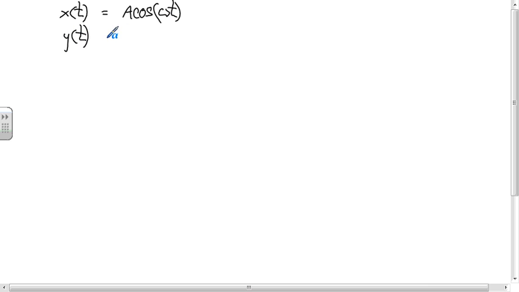So you could call something x of t equal to a cosine omega t. You could call it y of t. You could call it position of t. Those are just a choice of names. It doesn't matter what you call those. That's just how you would refer to it later if you talked about it. I think probably what happened was I was calling it x of t when it was moving horizontally, and then I was calling it y of t when it was moving up and down. But you could keep calling it x of t or p of t or whatever. Does that make sense?